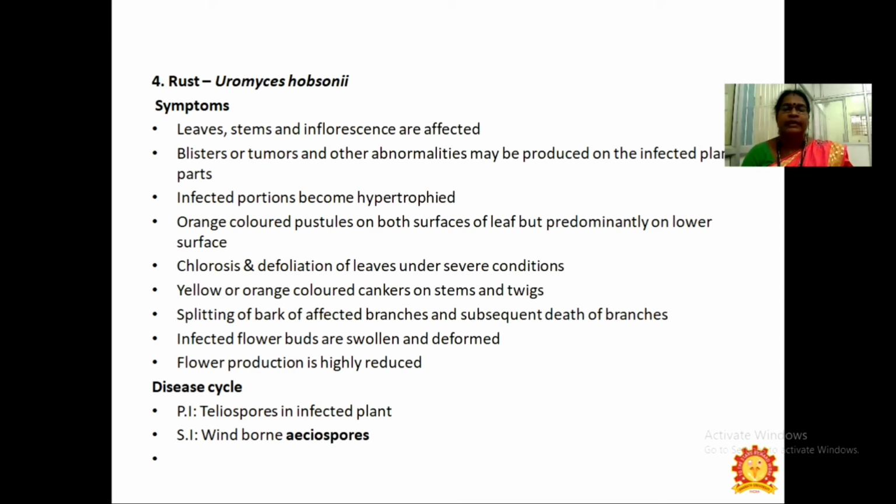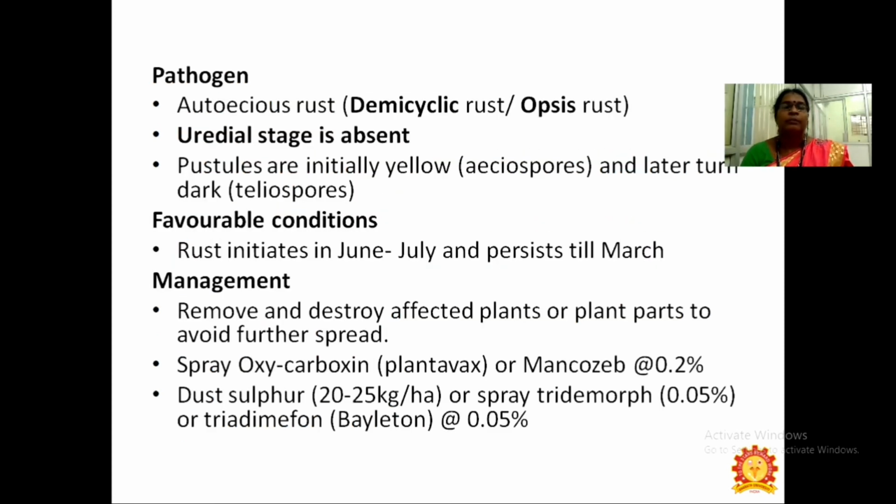Disease cycle: primary infection through teliospores in the infected plants, secondary infection windborne as aeciospores. Pathogen: autoecious rust, uredial stage is absent. Pustules are initially yellow in color and later turn dark. Favorable condition is June to July, and it persists till March.